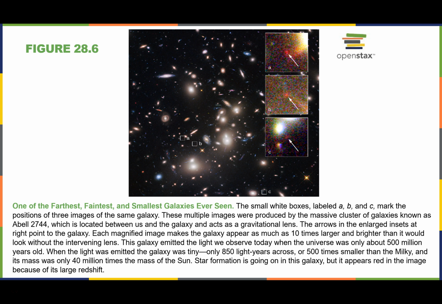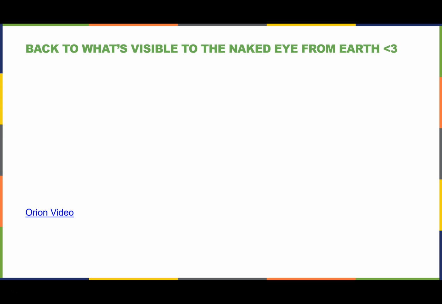Now this is back to that cluster of galaxies called Abell 2744. And again, if you know what you're looking for, they're showing you location A and B here harbors these images. And these are actually the same image on the other side of the cluster of galaxies that are being gravitationally lensed. Okay. So now what I want to do is